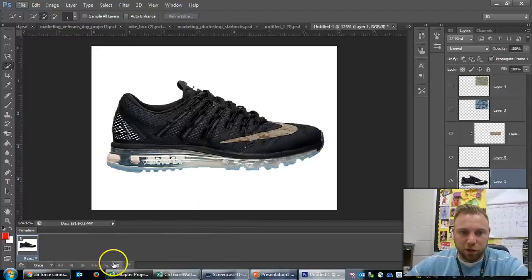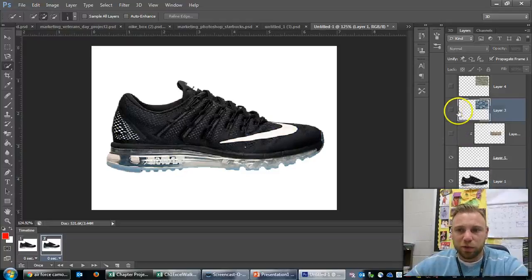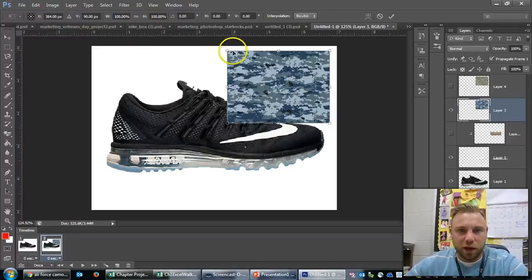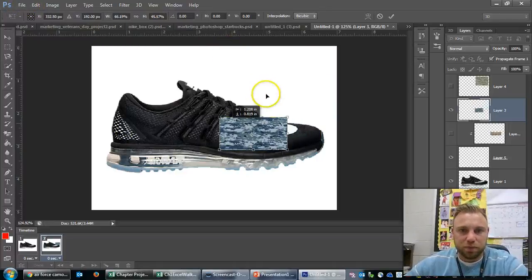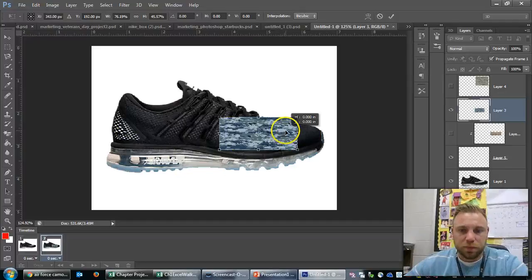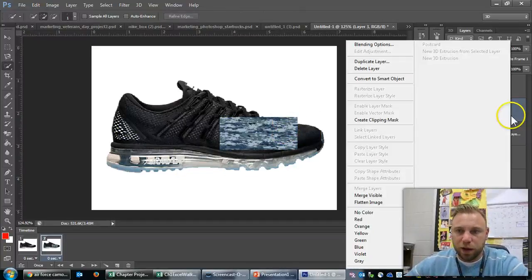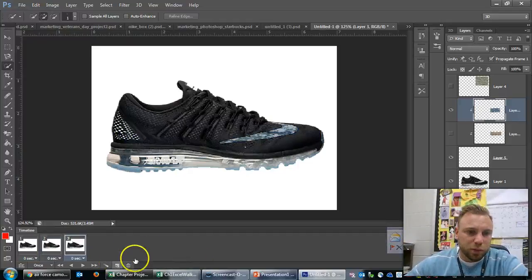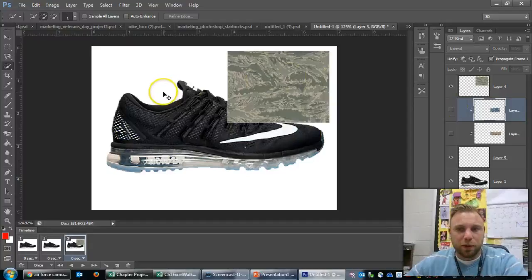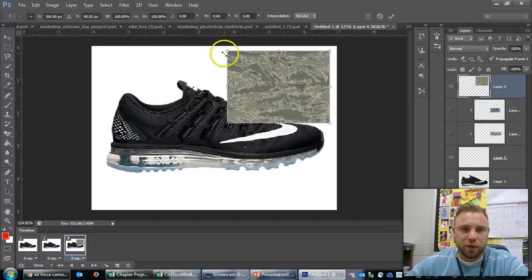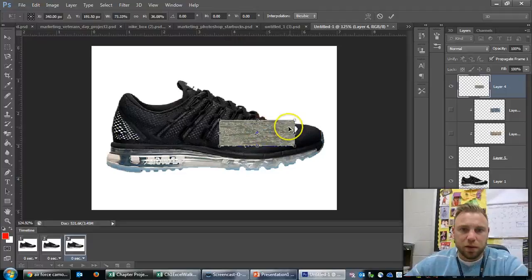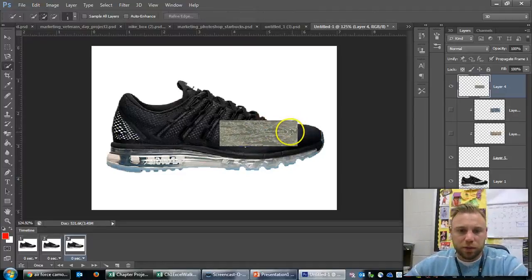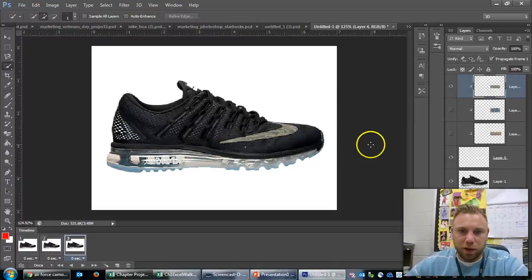So I'm going to go down here, click the new frame button. I'm going to undo that one, move, put this one, Control T it, resize it, just like so. Hit Enter. Right click it, create clipping mask. So right now I got this one, and I got this one. I'm going to do the next one. One more, undo that one, open up that one, Control T it, hit Enter, right click it, create clipping mask. Okay,